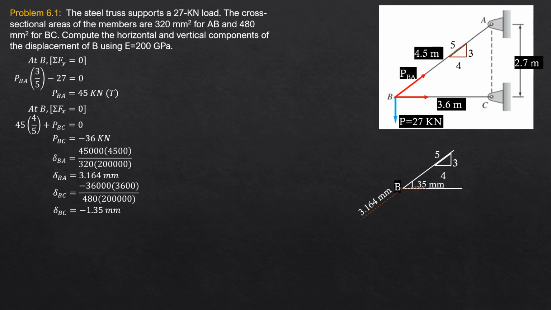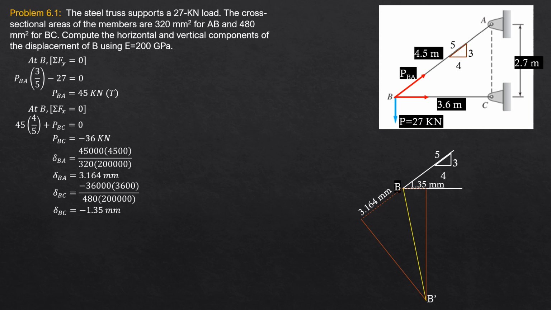Then also for BC, it is contraction 1.35. So it is contraction 1.35, and because this is horizontal, we draw a vertical line to meet at this point. So this is the final position of B, exaggerated B prime, and this is the displacement of point B,